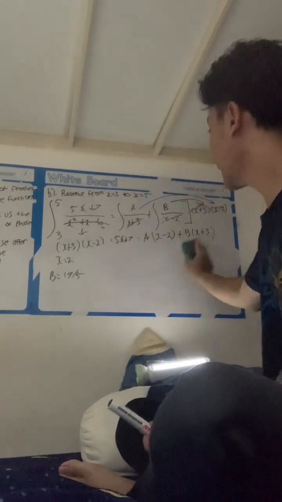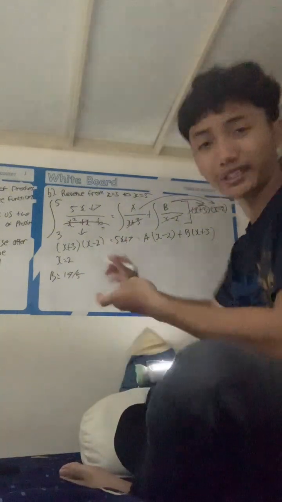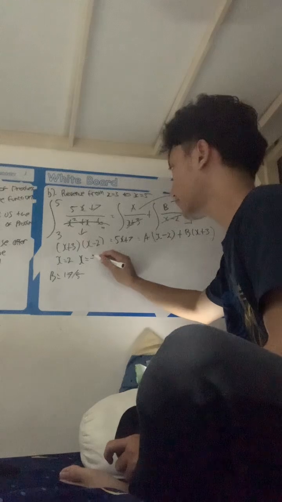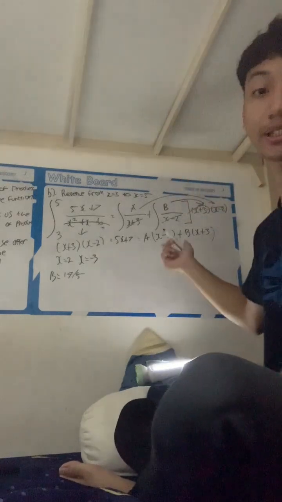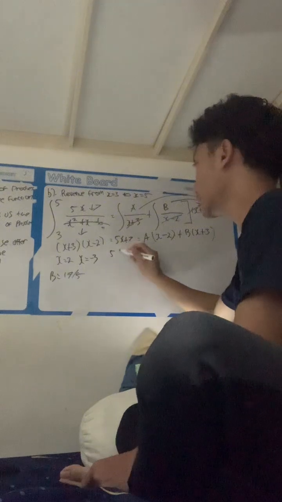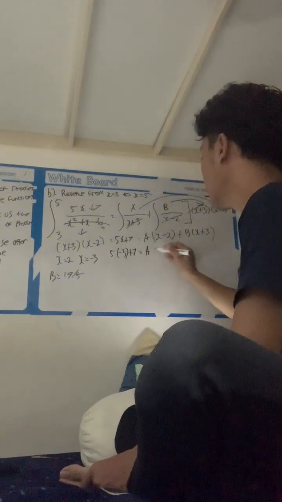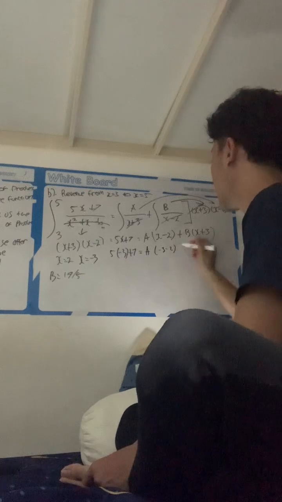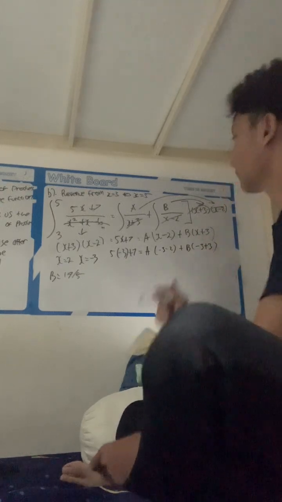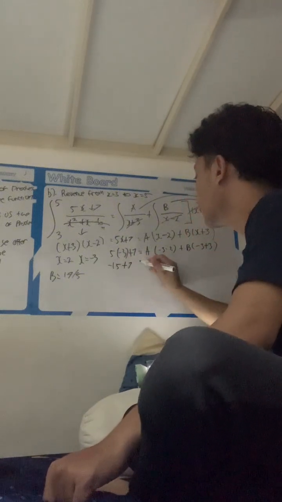So we need to make the b itself become 0 here. How to make the b become 0? Simple. We use another x, that is minus 3, because minus 3 plus 3 is 0. So we just write down the equation here. All the x becomes minus 3, minus 3 here, plus b times minus 3 plus 3 here. So minus 15 plus 7 equals to,